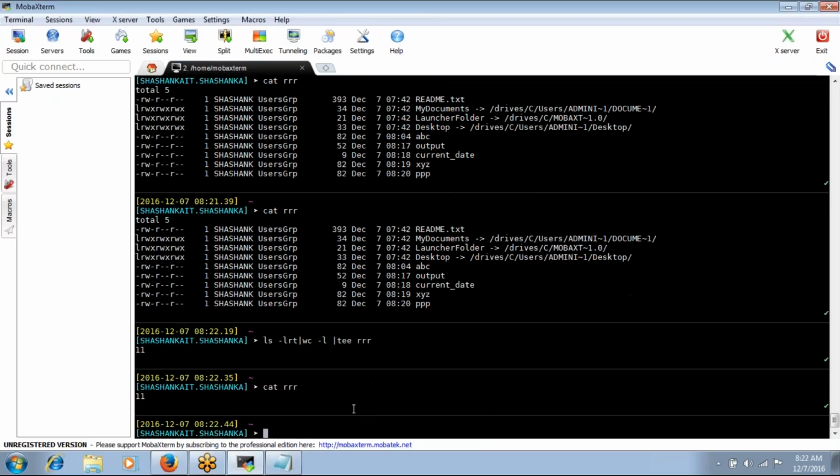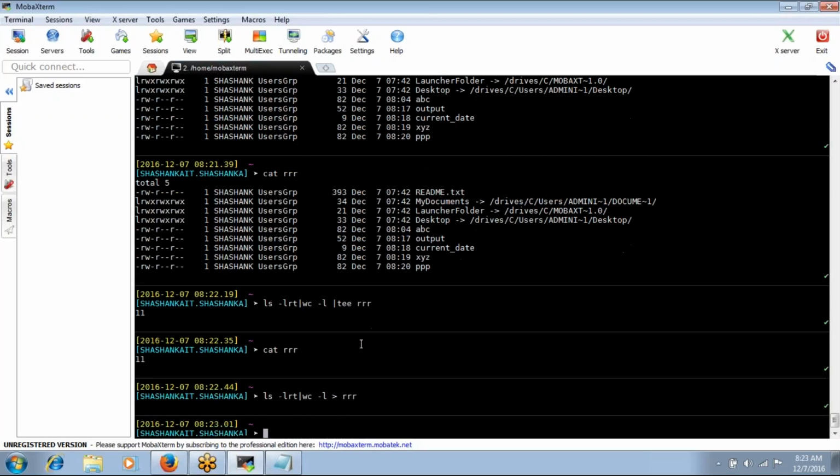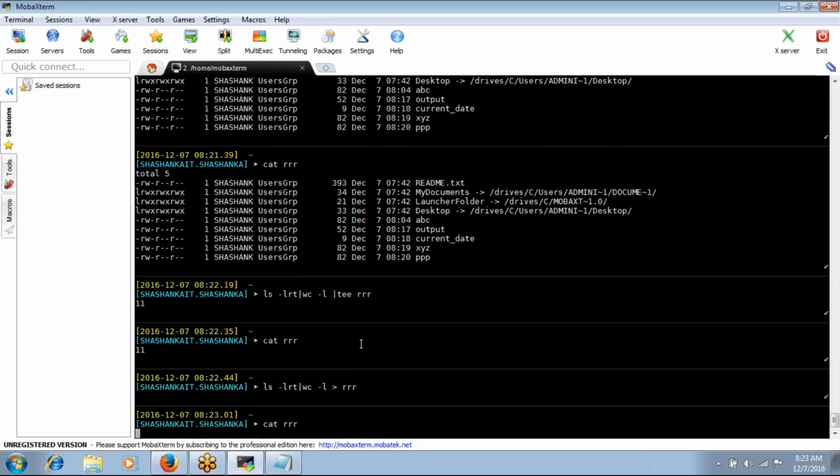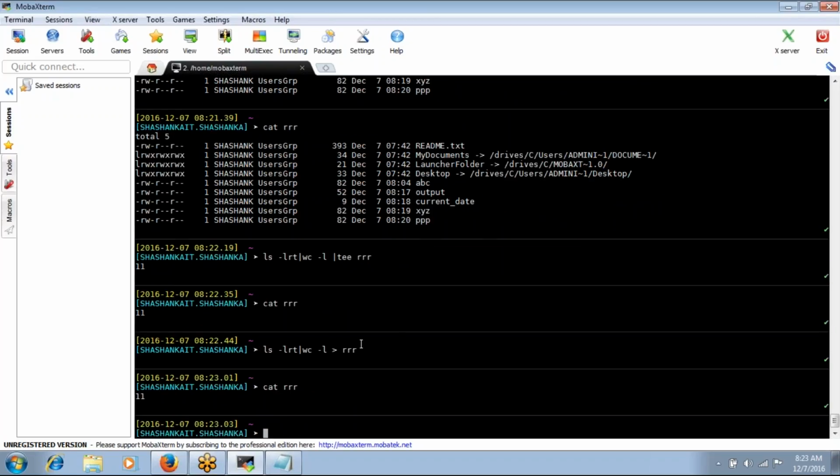I think it has the new content. Yes, it is overridden. So tee means whatever output you are getting, that output is kept in a file. It is similar to the greater than command.